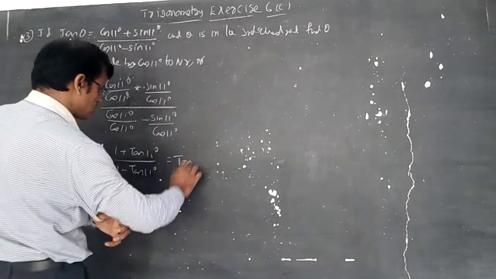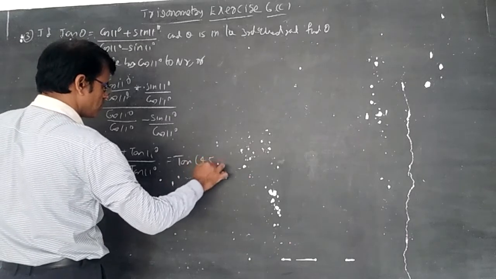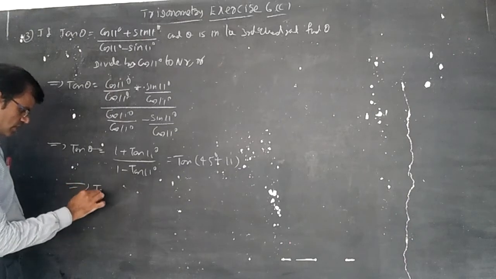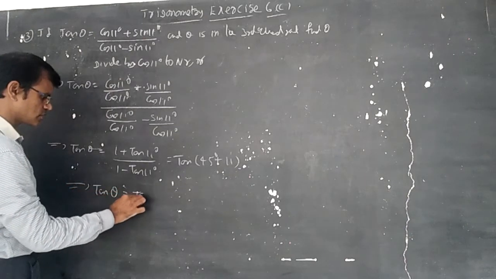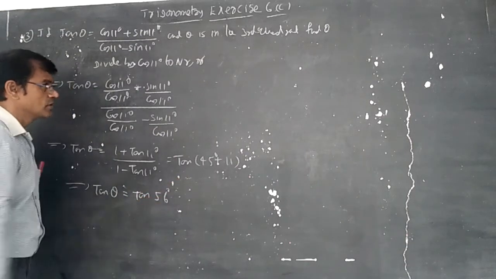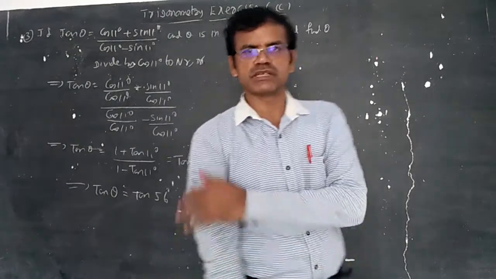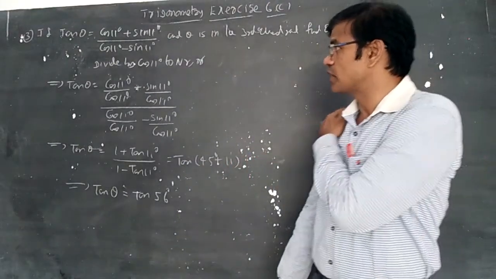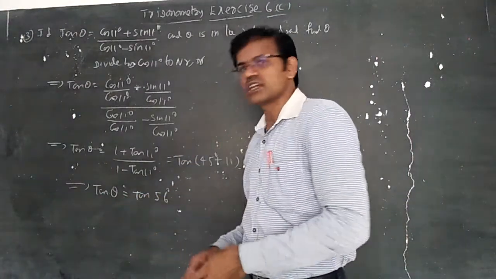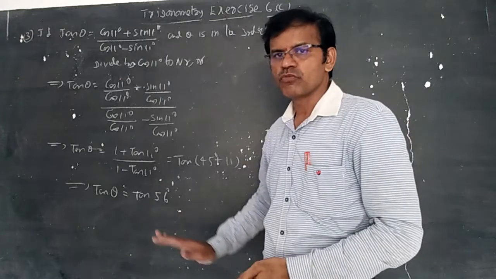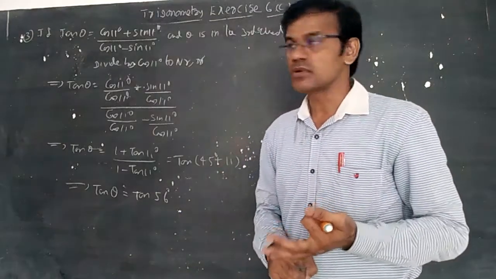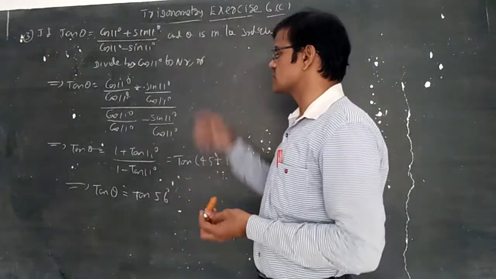So tan of pi by 4 plus alpha becomes here tan of 45 plus 11. That can be written as tan theta is equal to tan 56. If it is in Q1, tan 56, the theta is 56, okay. But here it is given that theta is in the third quadrant. Even though tan theta is a positive value, we know that tan theta is positive in the first quadrant and the third quadrant itself. He is telling us it is in the third quadrant.